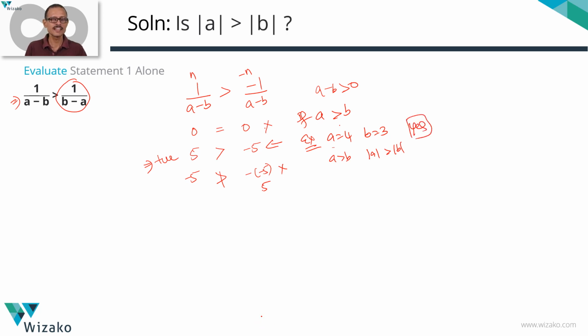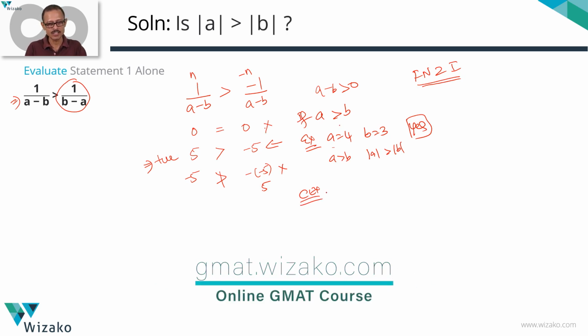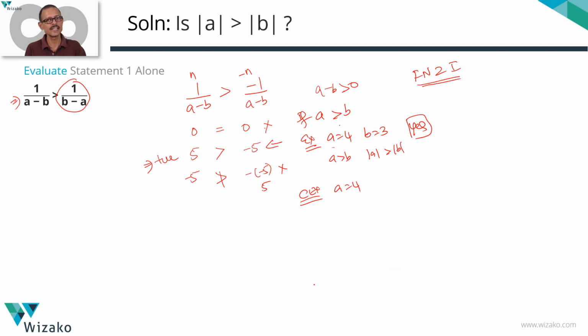Let's look at where we said we can look for counterexamples: fractions, negative numbers, 0, integers are possible cases where we can look at counterexamples. So I'm going to look for a counterexample. Let me look at a negative number for either A or B. A is greater than B, so A cannot be negative. So I'm going to go with A is equal to 4. Let me retain it that way.